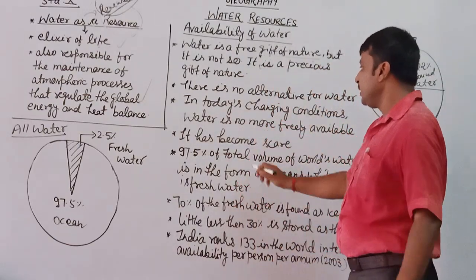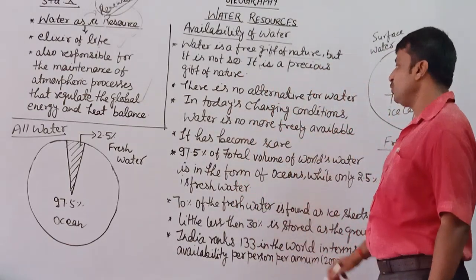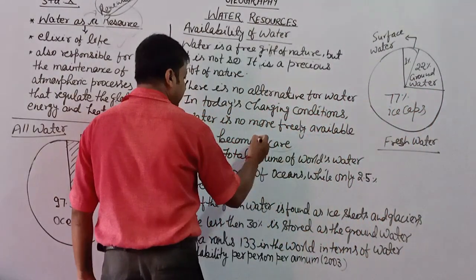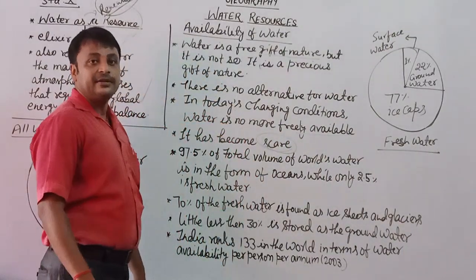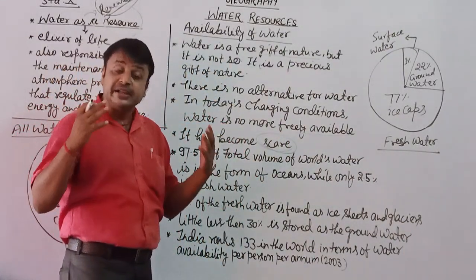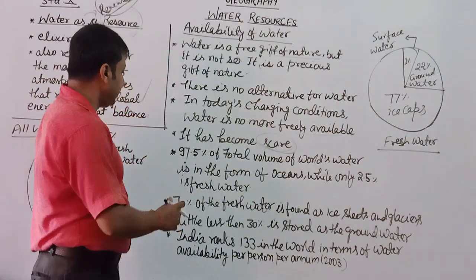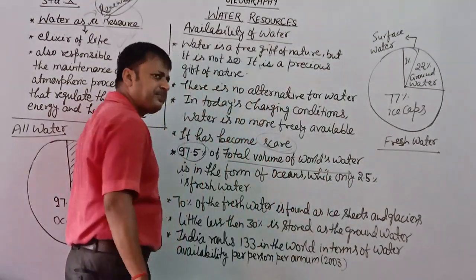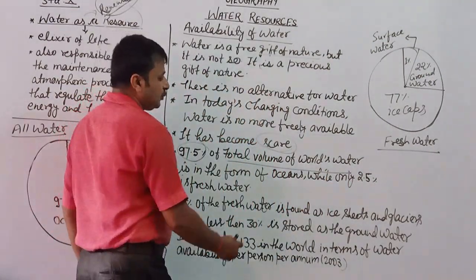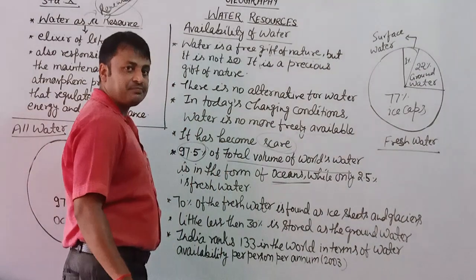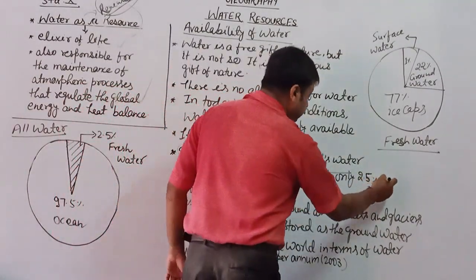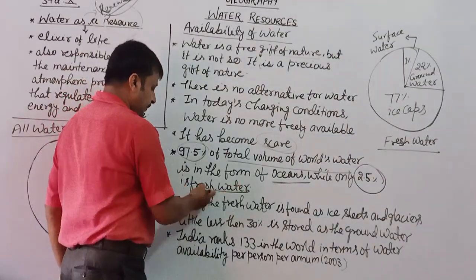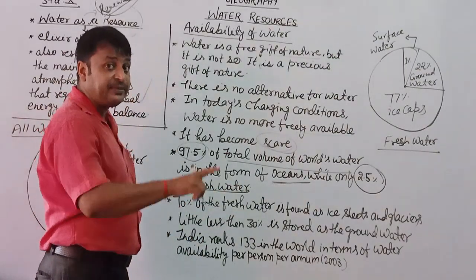करते हैं. See, in today's changing conditions, water is no more freely available. It has become scarce. Scarce का मतलब होता है कि ये easily available नहीं है. Next, 97.5% of total volume of water, जो भी धरती पे वाटर है, these are in the form of oceans. While only 2.5% ये जो फ्रेश वाटर है, केवल 2.5% बाय वॉल्यूम इज फ्रेश वाटर। अब इस 2.5% के अंदर भी देखिए क्या लोचा है।